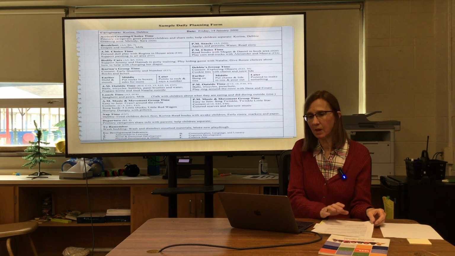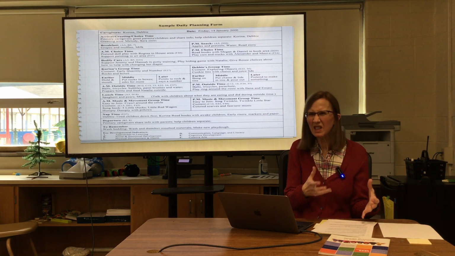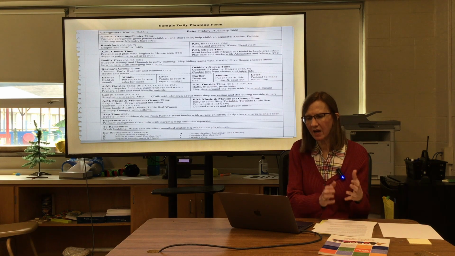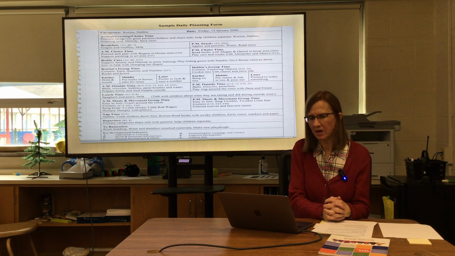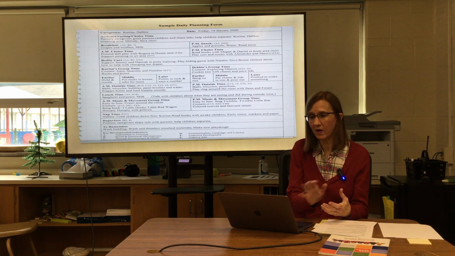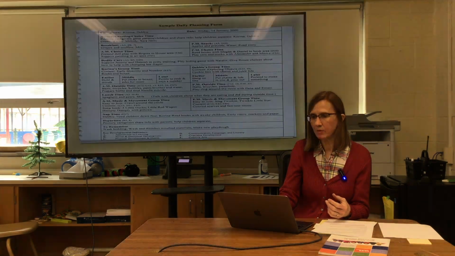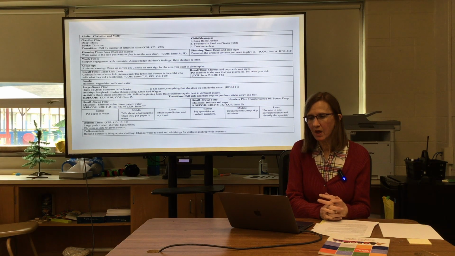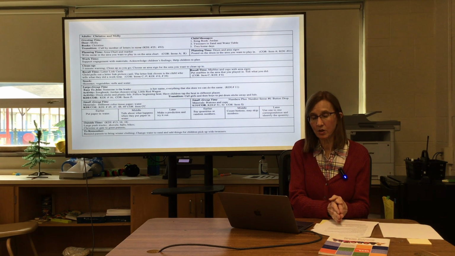You'll find some examples, just some ways of thinking about what goes into each of these boxes. What kind of information should I put into these boxes? If you go to that lesson planning resource file, you'll find some examples. You'll find some for Early Head Start, you'll find some for Head Start. The idea here is that, again, I should be able to look at this plan and understand what's going to